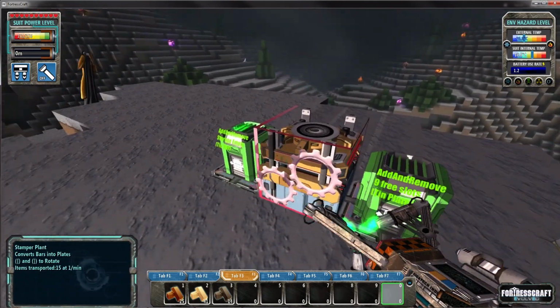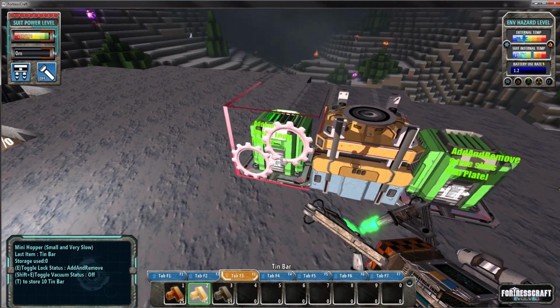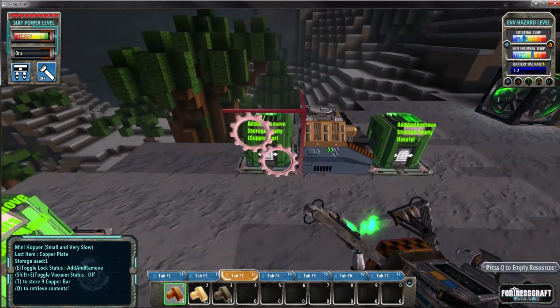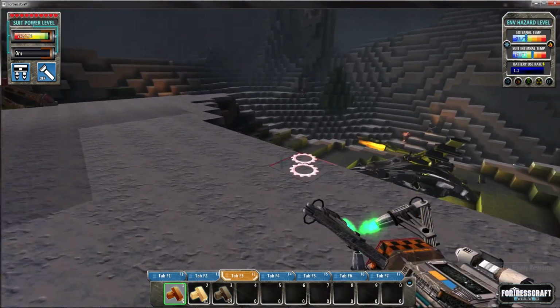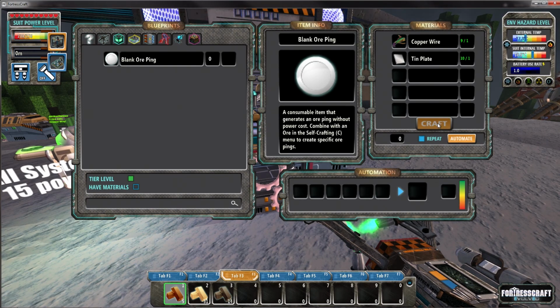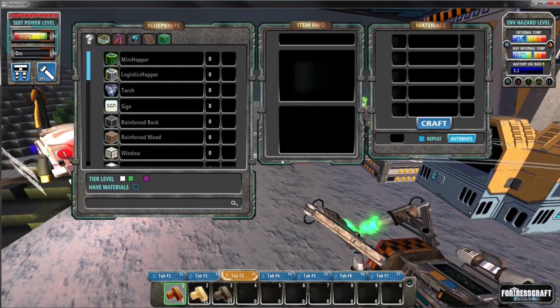Go to F3. Let's make some more 10 bars. Let's make some more of these. And let's make some more wires. And we'll come here. We're going to go E, and we're going to make a couple of these. So I want to make, let's make 3. 1, 2, 3. And that's for 1. If we go C,